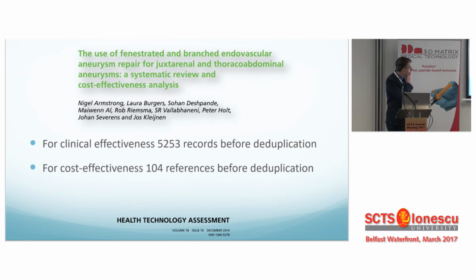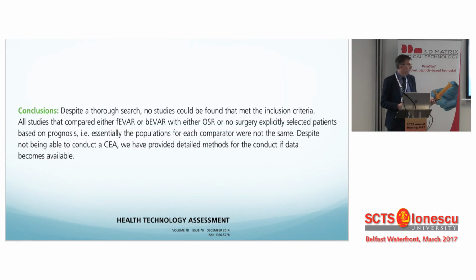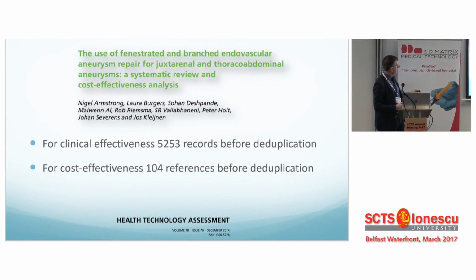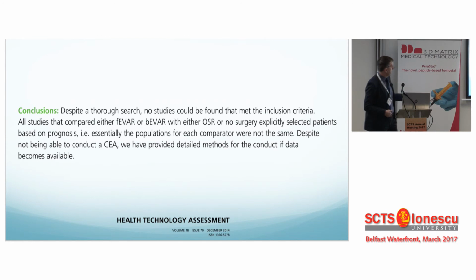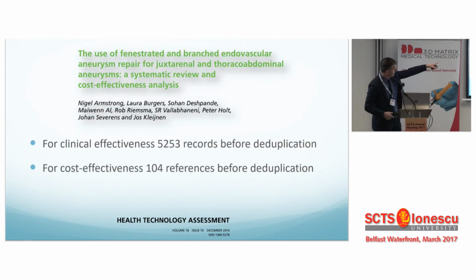This is a health technology assessment published in 2014, which is a fascinating read. And it's one of these papers that starts off with massive numbers and then whittles it down to nothing. The massive numbers looking at clinical effectiveness and cost effectiveness for juxtarenal and thoraco-abdominal aneurysms repaired with fenestrated and branched. We started off, sorry, I deleted the slide. We started off with 5253 records for clinical effectiveness, 104 for cost effectiveness, and when they whittled them down,